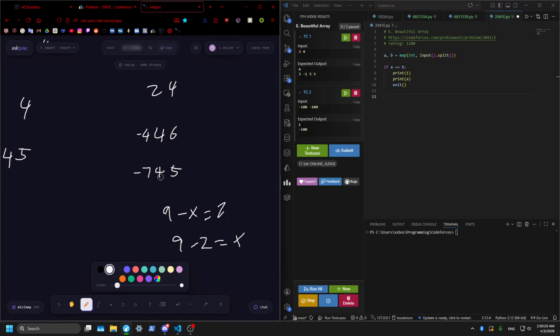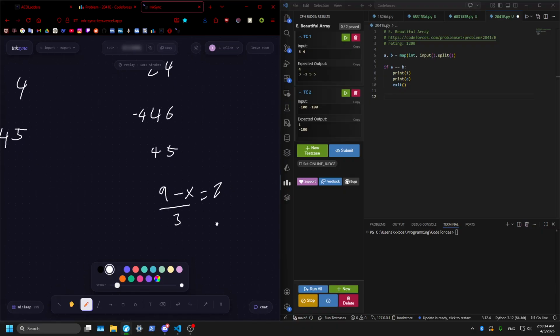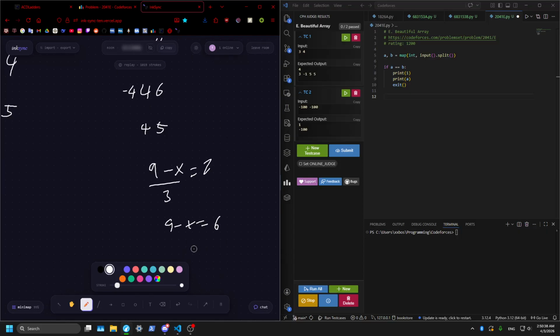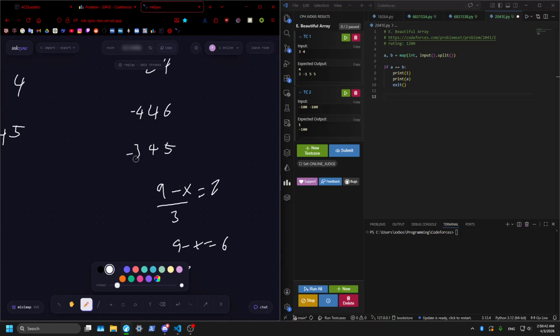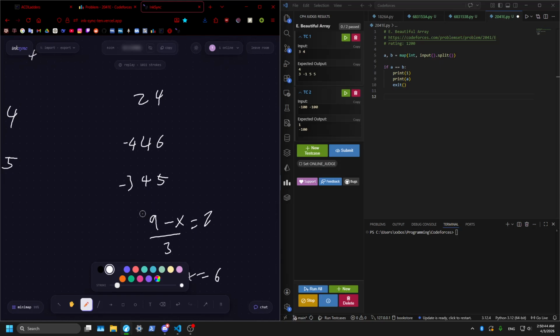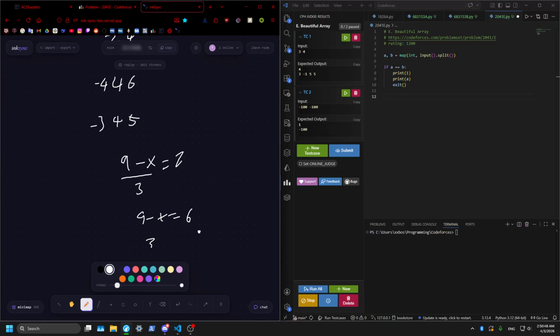That's not right. 9 minus x over 3 equals 2. So 9 minus x equals 6. Which means x equals 3. So negative 3. Yeah, so